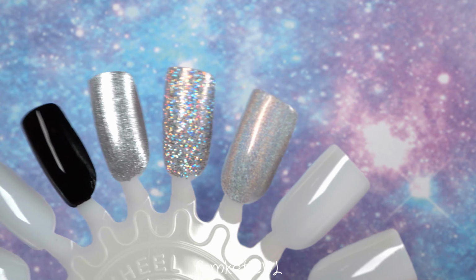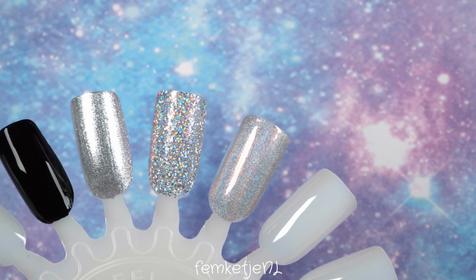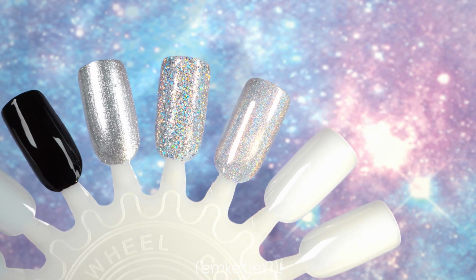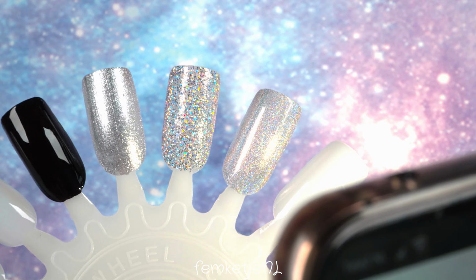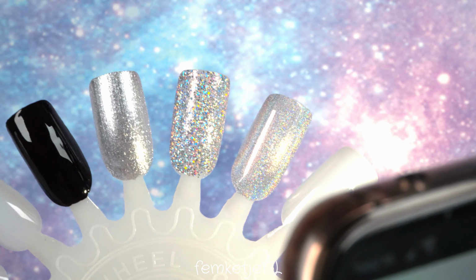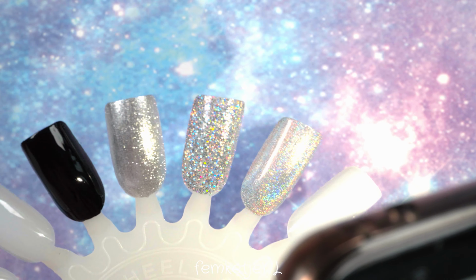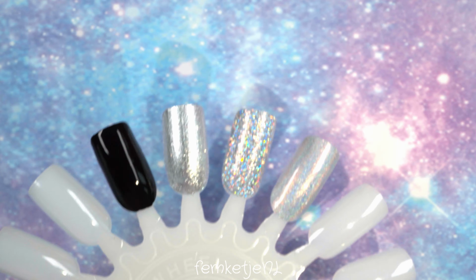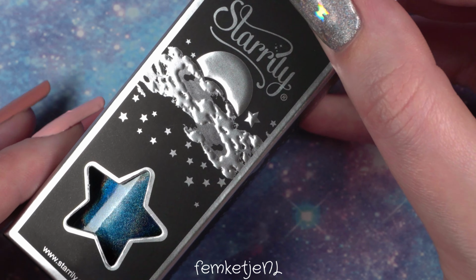But this particular polish, I actually applied a second layer because I feel like it gives a more beautiful effect with just a second coat. It's a little bit more deep, and here I use the flash from my phone to just show you how holographic this is, because my lights weren't doing it a lot of justice, but I felt like I could show you the oomph of this polish better with the flash of my phone. So I will be doing that for a couple of deep polishes, as well as for the next one I'm going to share,